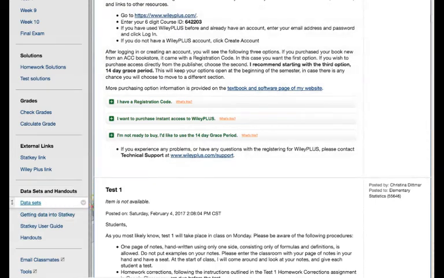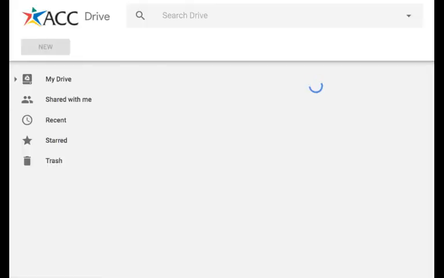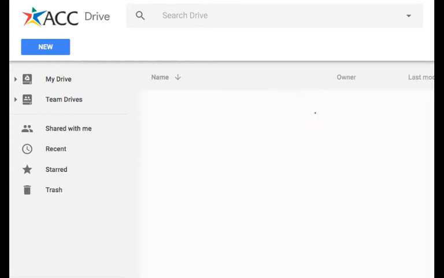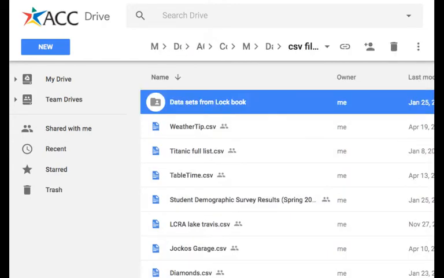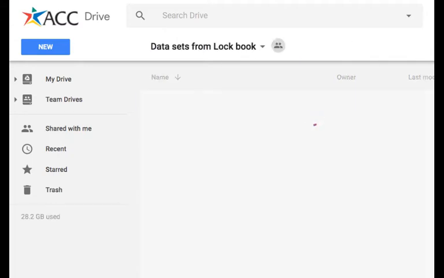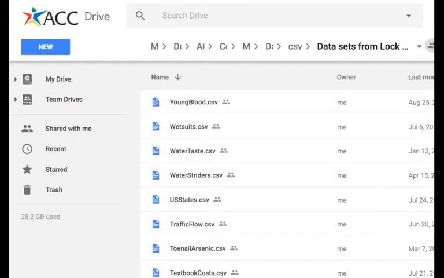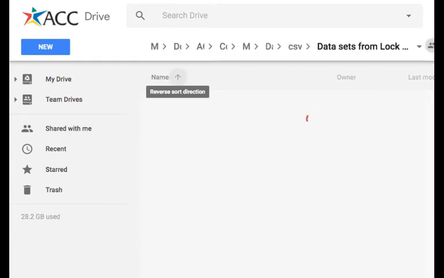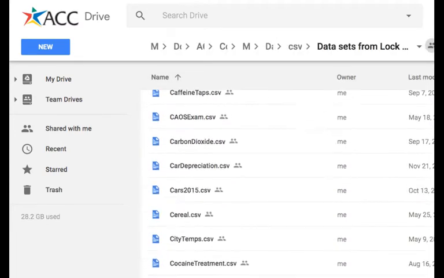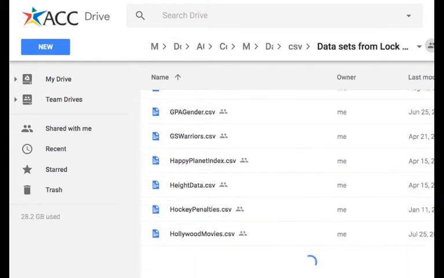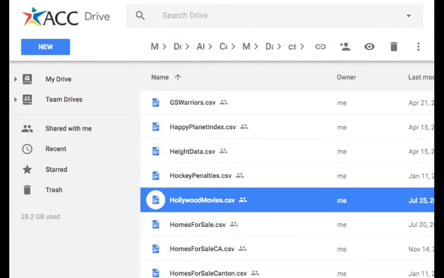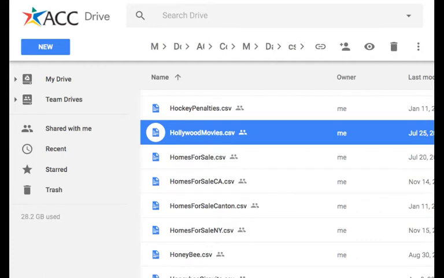So in Blackboard, I'm going to go to Datasets. This is a Lock dataset. This is from the Lockbook, so I'll double click on this top item here, Datasets from Lockbook. And it's called Hollywood Movies. This looks like it's sorted. Okay, now I have it sorted A to Z, so I can scroll down until I get to the H's. Here's my Hollywood Movies, and I right-click and select Download. Now that that is saved on my hard drive, I can go ahead and